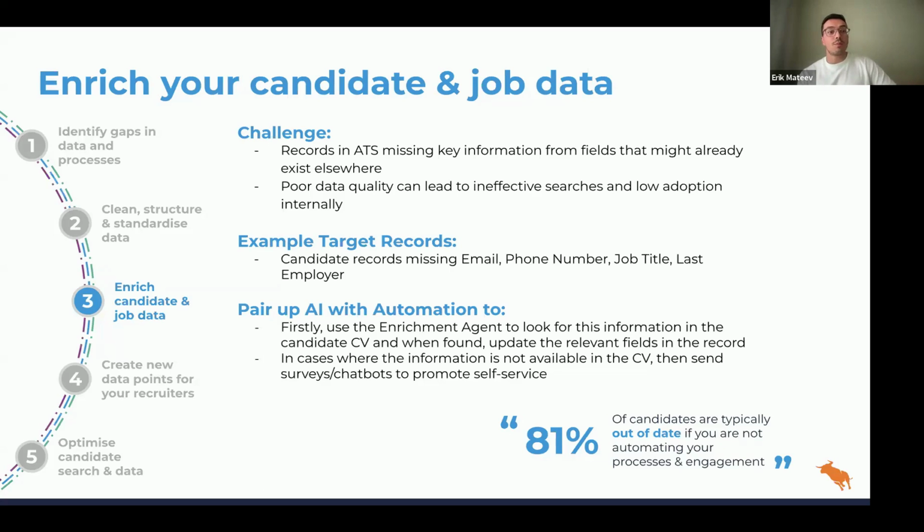Once you use the enrichment agent to update those records with information you already have, phase two could be leveraging automation for that self-service element that Tom was talking about earlier. Now that you have a way to engage them, add them to a re-engagement campaign, because chances are you haven't spoken to those people in a very long time. Send them some content, bring the engagement levels up. Once you do that, add them to a data refresh campaign and ask them to complete a survey. Tell you if they're interested in finding a new job, what kind of roles they're interested in at the moment, salary expectations, even a fresh copy of the CV. So this way, not only are you enriching by moving data from one place to another, you're also enabling yourselves to get up-to-date information straight from the source, because you now have a way to contact all these people.